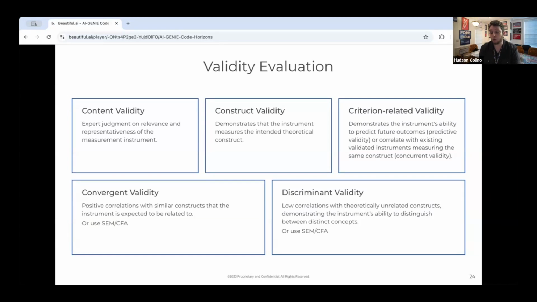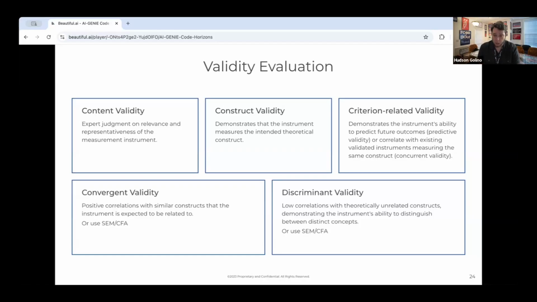The validity evaluation is an umbrella evaluation in which we will seek to verify the content validity, so it's the expert judgment on relevance and representativeness of the measurement instrument; the construct validity, which demonstrates that the instrument measures the intended theoretical construct; criterion-related validity, which can demonstrate the instrument's ability to predict future outcomes. That's what we call predictive validity, or correlate with existing validated instruments measuring the same construct, what we call concurrent